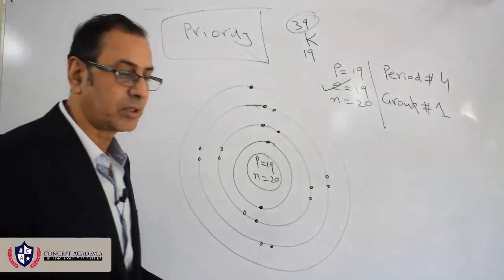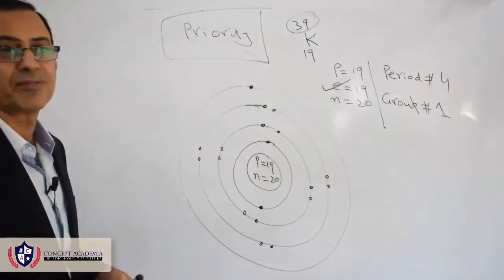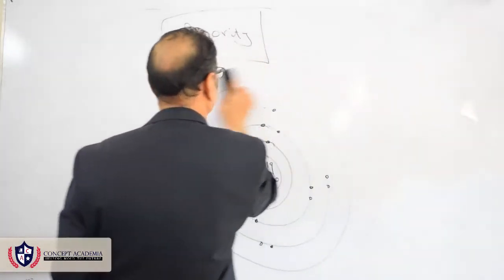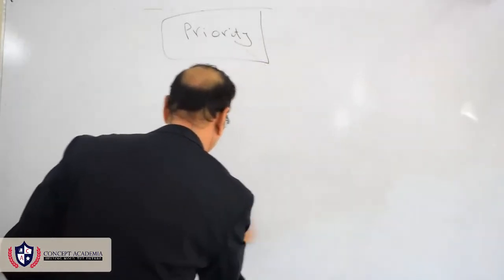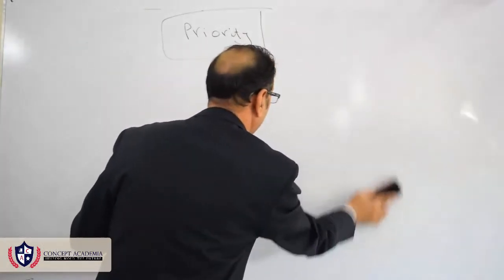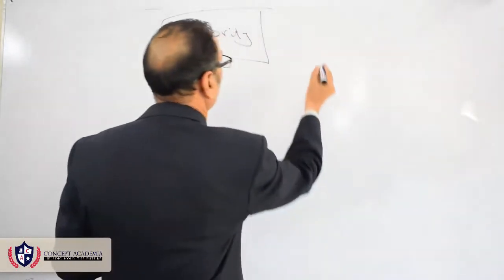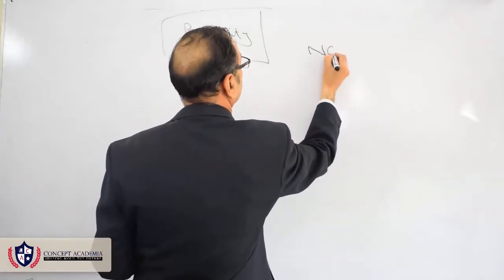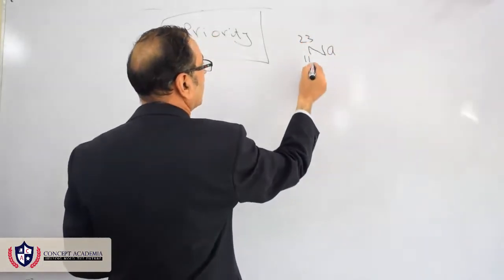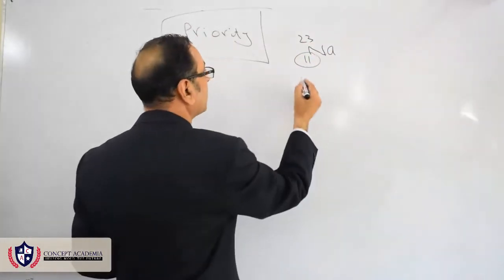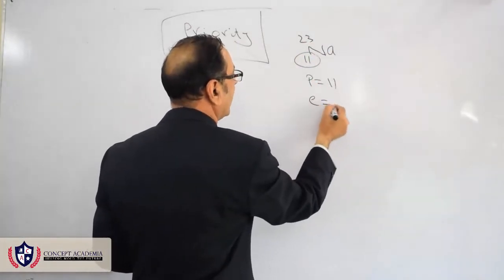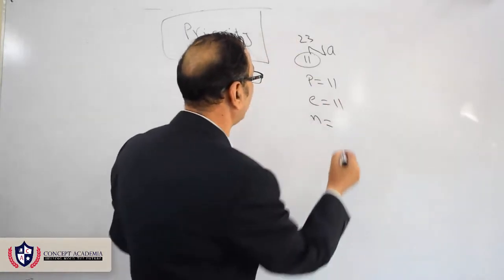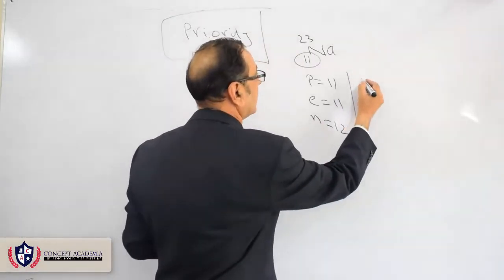So I am going to draw the electronic configuration for sodium. For sodium, it is 23/11 Na. The smaller number is the proton number. Protons are 11 and electrons are also 11. Neutrons are 23 minus 11, which is 12. And the period number,